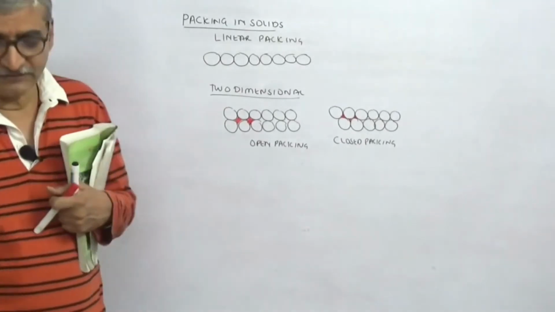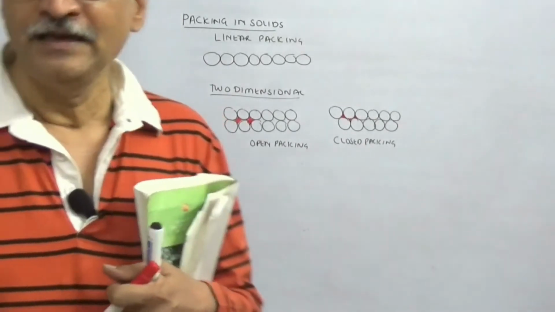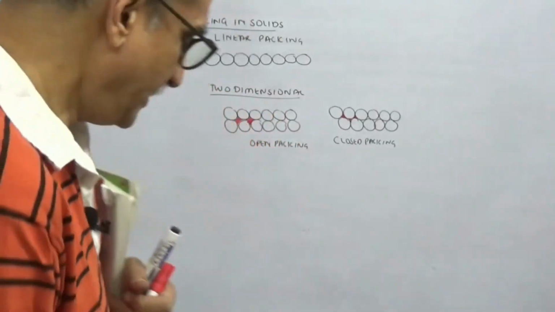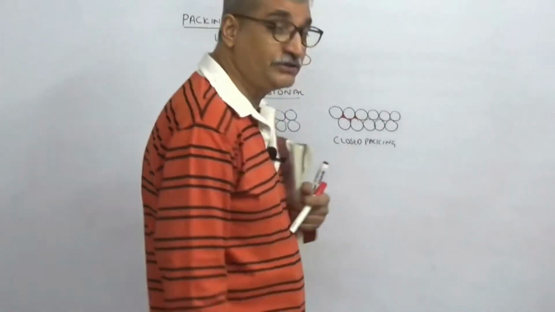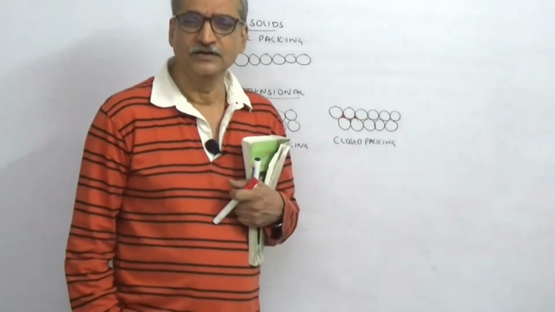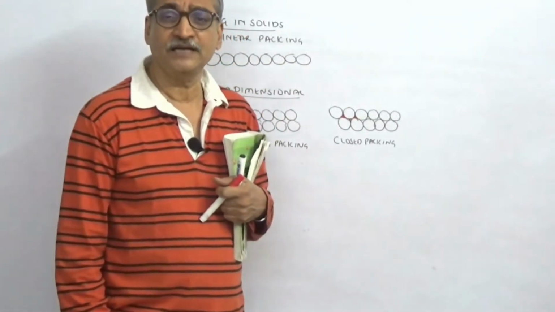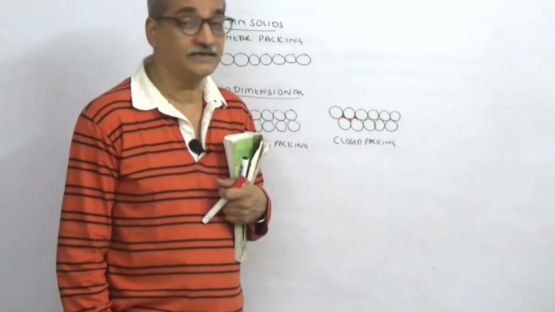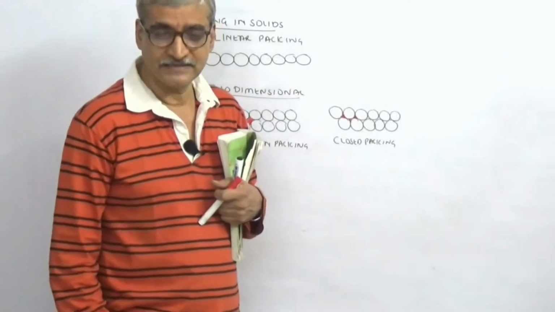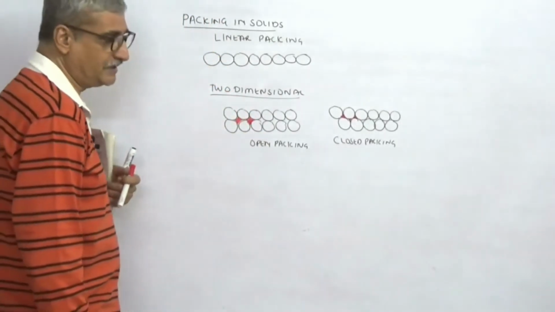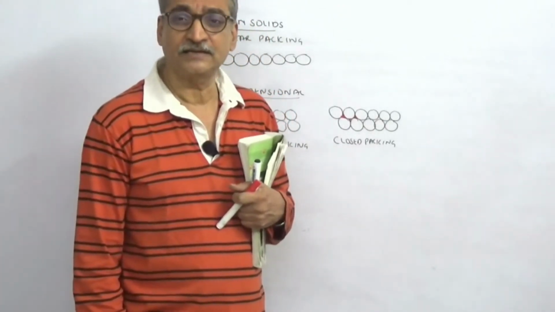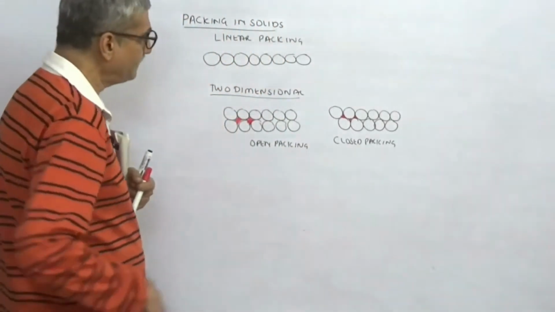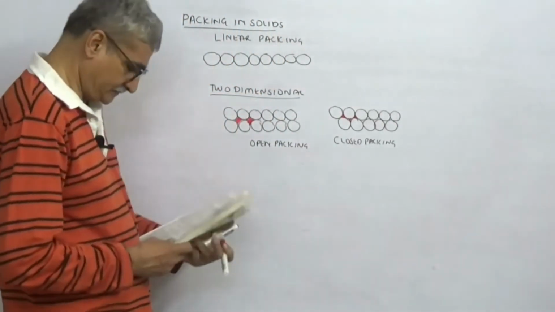So what is the effect? The effect is going to be on the physical properties. Like sodium. Why do you say sodium is easy to cut? The teachers have taught you earlier. Sodium is a soft metal, it can be cut with a knife. One of the reasons is the arrangement, it's an open packing. Aluminium is closed packing. Try cutting it with a knife. Not possible very easily. So open packing and closed packing make a difference in hardness, tensile strength, malleability, ductility and all that in metals. This is clear.